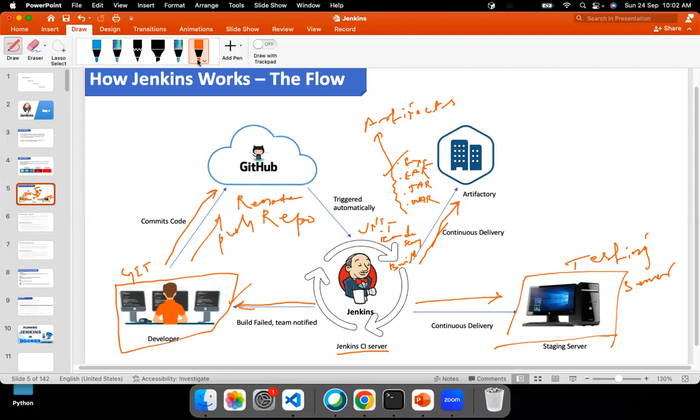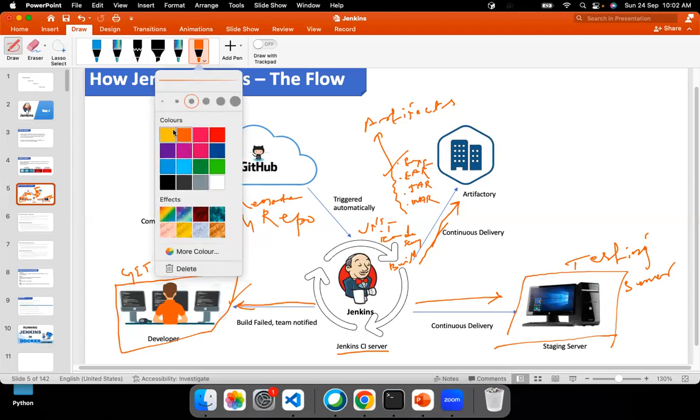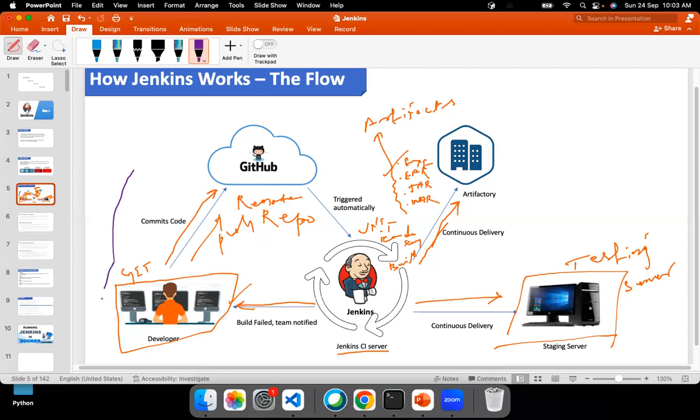This total entire process is called continuous integration. So here the continuous integration will happen entirely. Once the continuous integration is done,